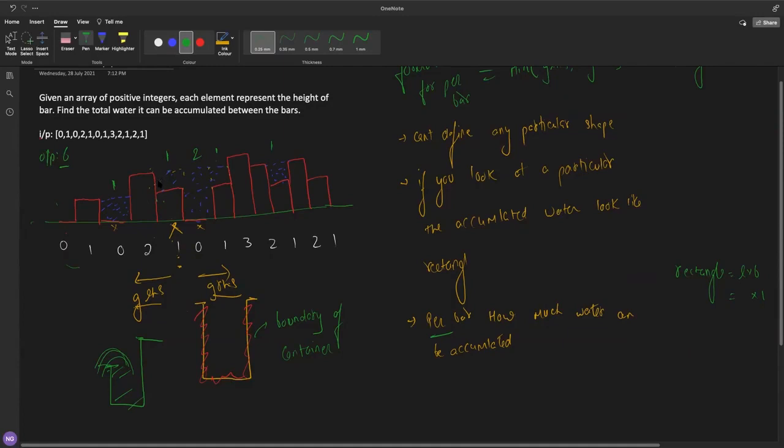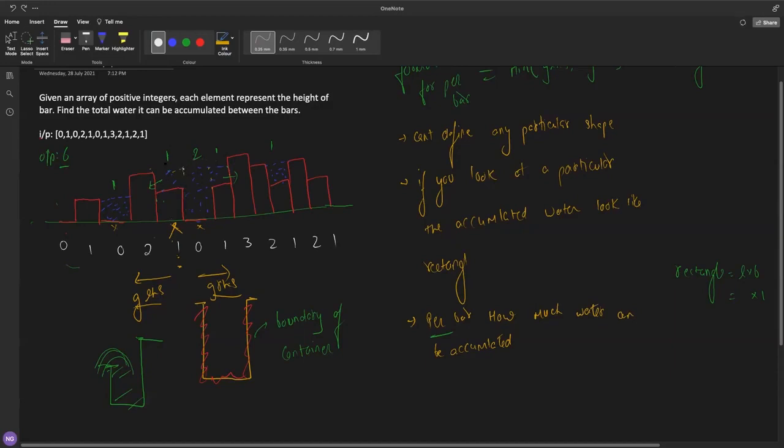The left boundary will be the greater element on the left side, and the right boundary the greater element on the right hand side. That will create the boundary for it. It's a bit tough to imagine, but this boundary is coming from this part only, because we are calculating per bar.